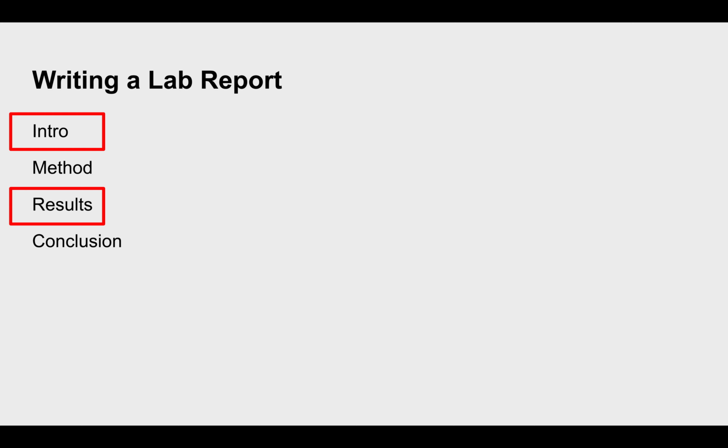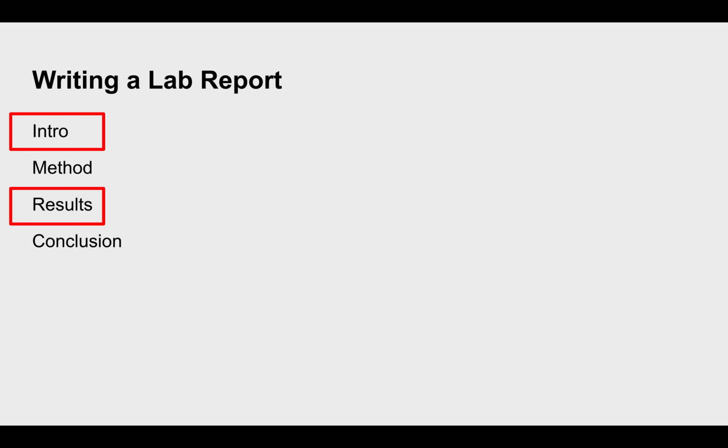In a lab report, you're typically going to have 4 parts. You're going to have an introduction, which gives you a broad background into what you're studying. You'll have the methods, which details how exactly you did the procedure. You'll have the results, which is where you describe the data that you got from your experiment. And then you'll have a conclusion, which is where you say whether your hypothesis was supported or not supported. Maybe you're going to give some likely reasons as to why you saw the trends in your data that